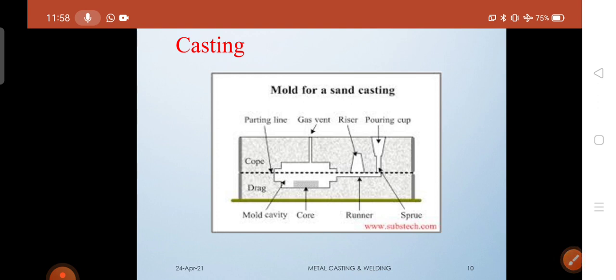In the beginning, we use pattern making. The pattern, as I said, is going to give the final shape of the product, and that pattern we keep inside the mold sand, and that mold sand is able to give the shape of the final product.